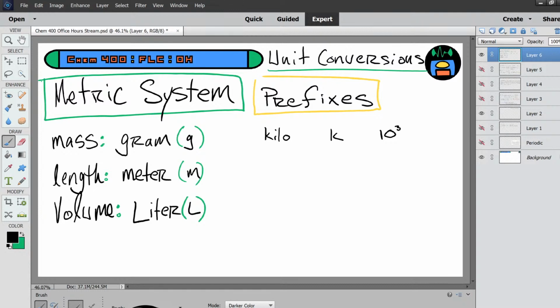All right, so there's kilo, centi is another one. The prefix is a lowercase c, and this is 10 to the negative second. Milli has a prefix of m. It's 10 to the negative third. Micro